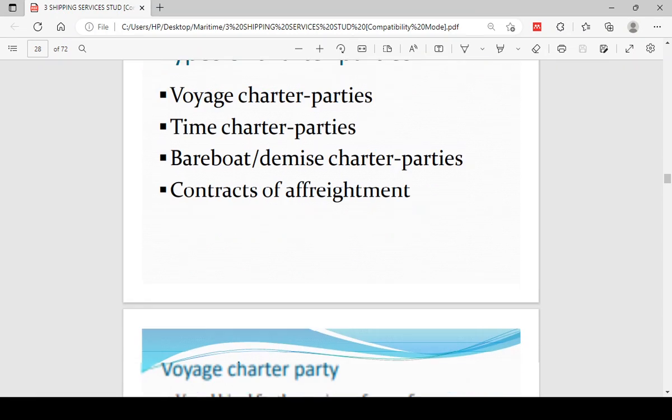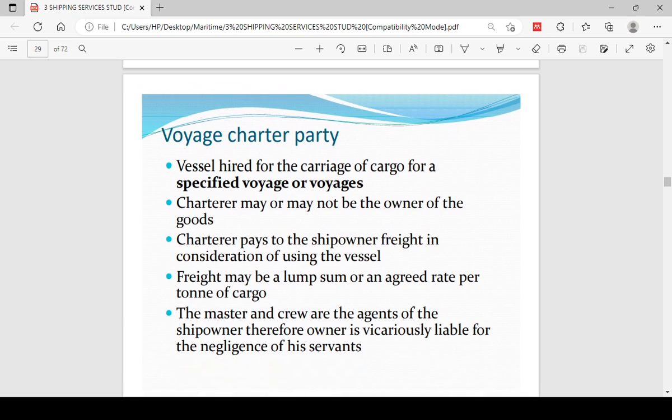In the voyage charter party, the cargo owner hires the vessel for the shipment of the cargo for either a voyage or a specified number of voyages. So he says, okay, I want you to move this cargo from this point to that point. And after that, I don't need your services anymore. That is a voyage. Sometimes, because the consignment is huge, he wouldn't want to go on a time charter either, because it might not be for more than 4 or 5 months. So he still prefers a voyage charter.